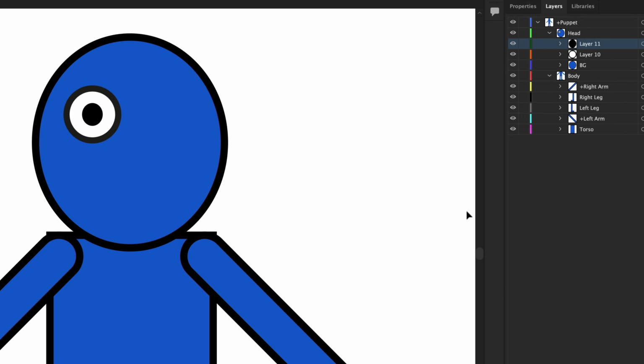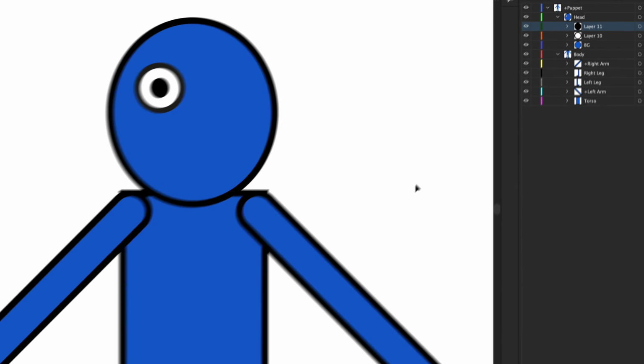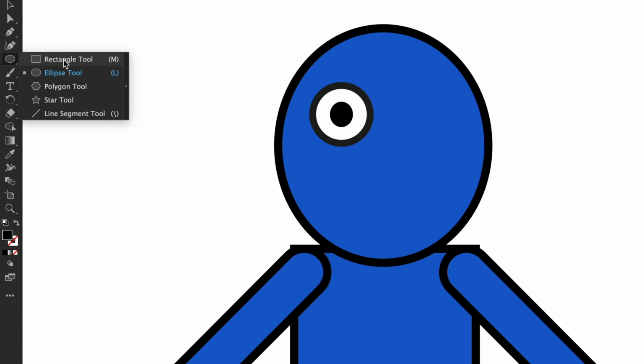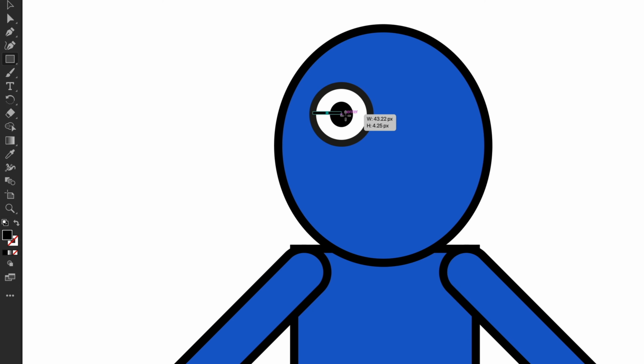as well. I want to do one more thing for this eye, and that is add a blink state. So when my character blinks, I want to show what that looks like. And I can make it as simple as just a really simple line. So what I'm going to do is add one more layer here and go to the rectangle tool. And I'm just going to click and drag like this right across the middle of both of my circles, something